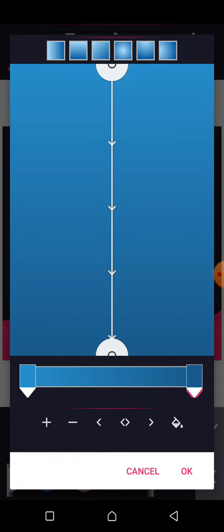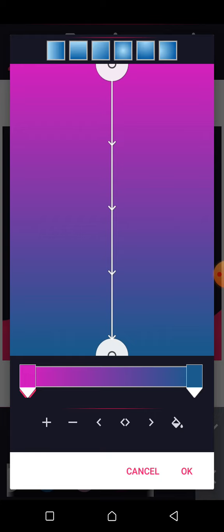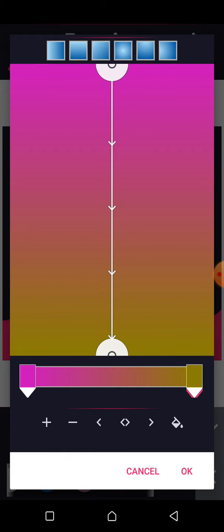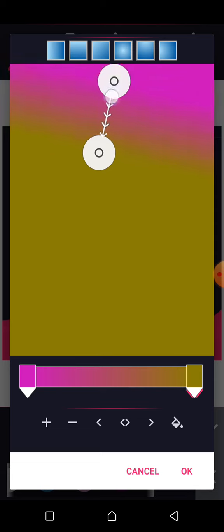So if it's just a combination of two colors, you click on this first one and then on this color icon and put in the color that you want. Let's say purple. Then for this color, you click on this next one and change the color. Let's use this. So you see now, you can adjust here or adjust here,